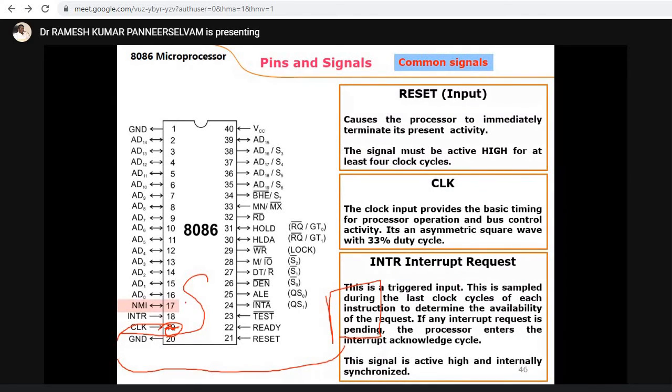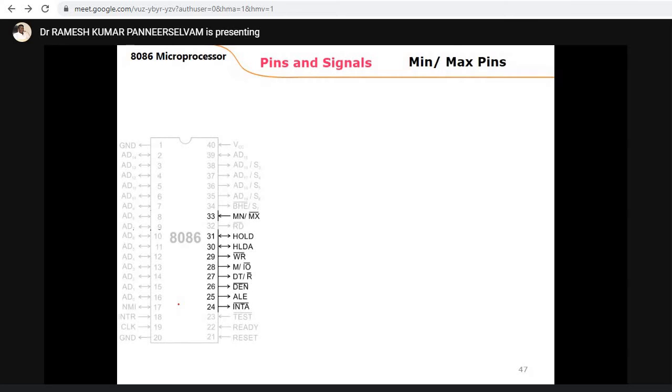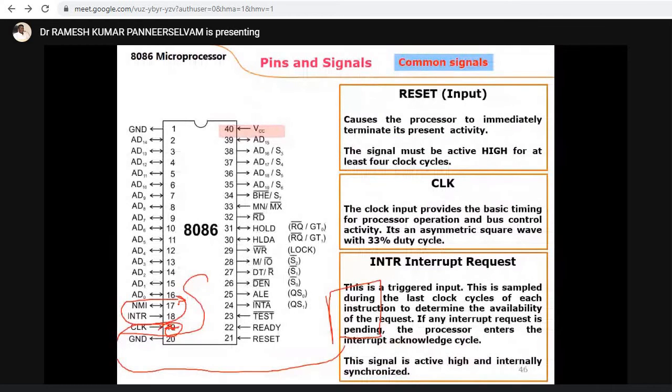So here, these pins 17 and 18 we will be discussing in detail when you come to unit number 3, where we will be talking more about interrupts and interrupt structures of the 8086 microprocessor. Okay, now the other signals: we have VCC, which is the input signal given to your microprocessor. Clear? Now comes the difference between